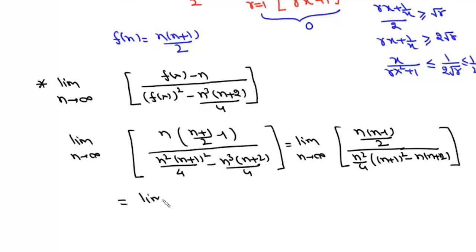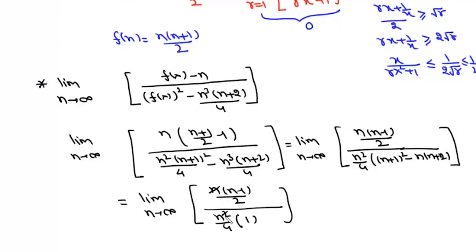Now this is limit n tends to infinite, and this is n minus 1 by 2, and here it is n square by 4. Now here n square plus 2n will cancel, so this value will be simply 1. Now this n and n will cancel, this 2 and 4 will cancel twice, so we can write this as